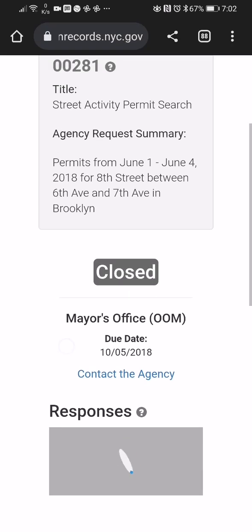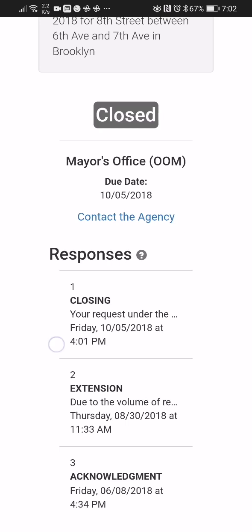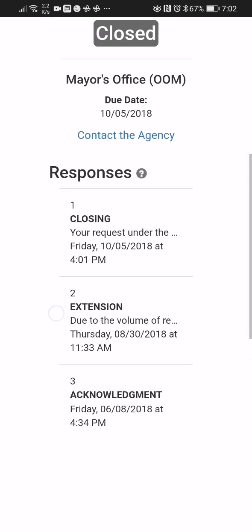Why would you ask for the permit? Really what we want is all the information, all the police payments. If private corporations or nonprofit corporations are getting usage of the streets for free and charging people, then that doesn't seem right. Look at this. Your request